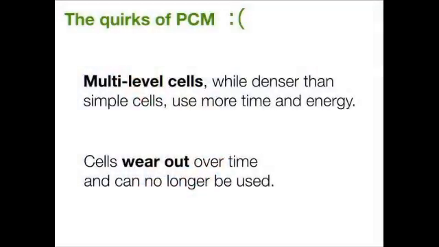have to do with multi-level cells, which allow you to increase the density of storage in PCM, but at a trade-off in the access latency. That is, it's a lot slower to write to and read from multi-level PCM than it is single-level PCM. And it also has a troubling aspect where things wear out relatively quickly compared to DRAM, meaning that individual bits and cells in your storage system can fail and become stuck at a certain value relatively early in the device's lifetime. And both of these have to be addressed if we're going to make PCM reasonable for main memory storage or even to replace Flash.